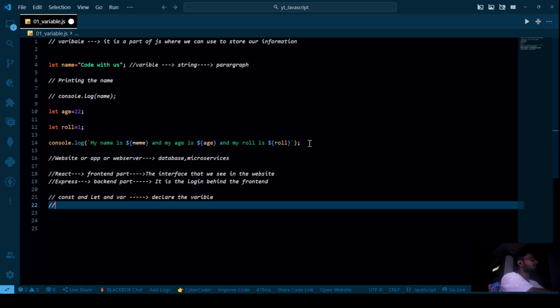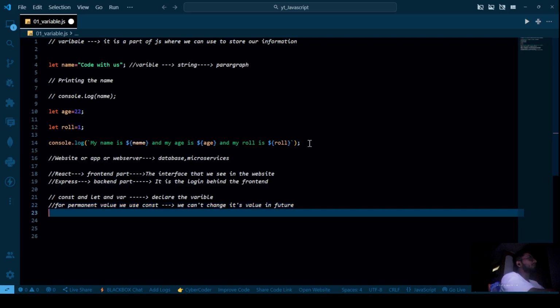Now the question will be when you use which. For a permanent value, we use const. Means we use const when the value stays the same. But in that case we use const.